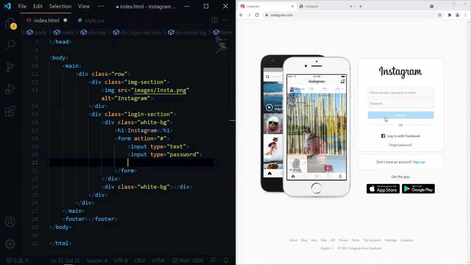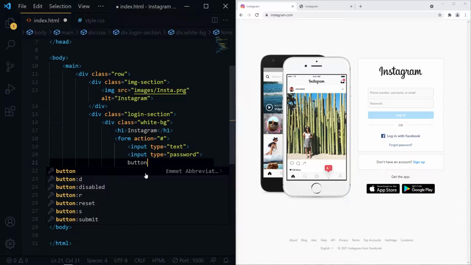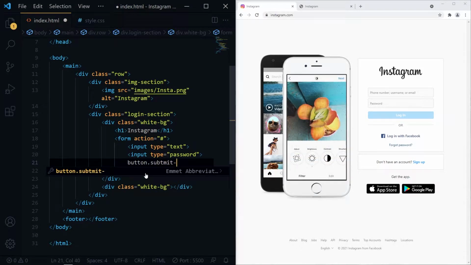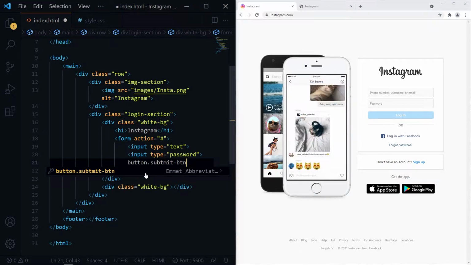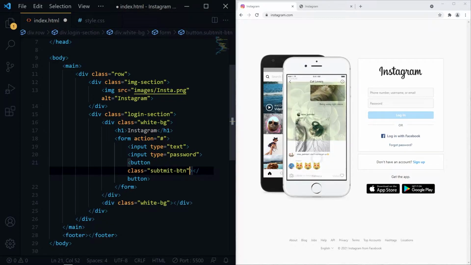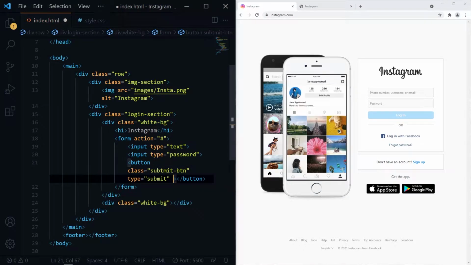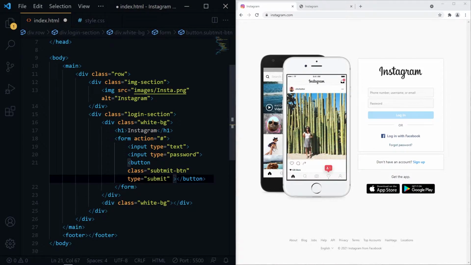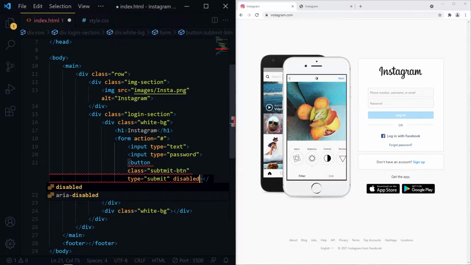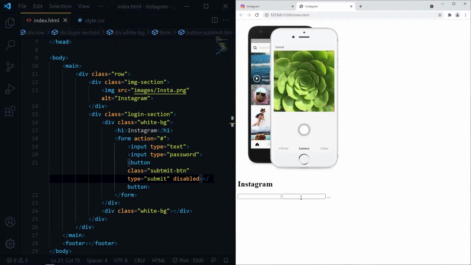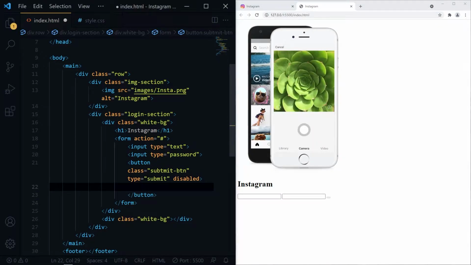And for the submit button, I will name it submit BTN, and it's in disabled state. For that we have an attribute called disabled. And the text inside the button is login.